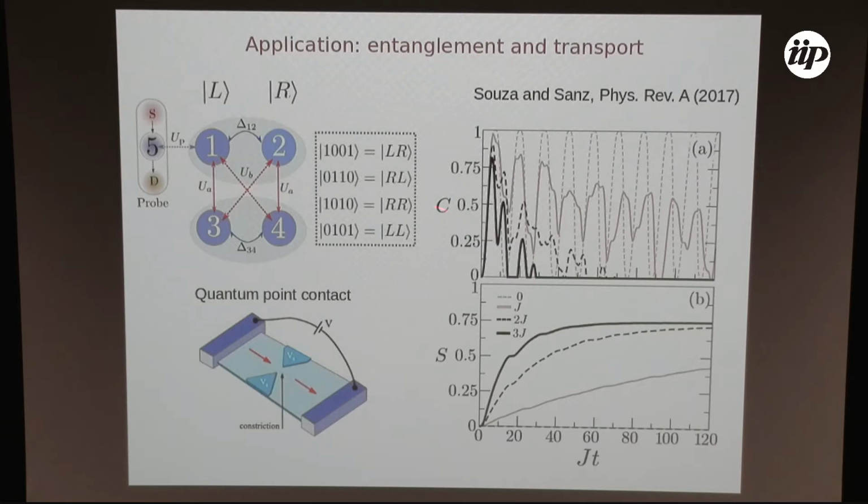So when you initialize this system, let's say in the configuration 1001, and put these systems to evolve in time, we see that the concurrence, which basically measures the degree of entanglement of this 2-qubit system, shows an interesting dynamics, which gets close to 1 from the beginning, but then it suddenly goes to 0, and the revival at some point later goes to 0 once again, revival, and finally it vanishes altogether, meaning that the probe, the quantum point contact, will destroy the entanglement if you keep on measuring it as time evolves, okay? And also the entropy shows an increase as time evolves.